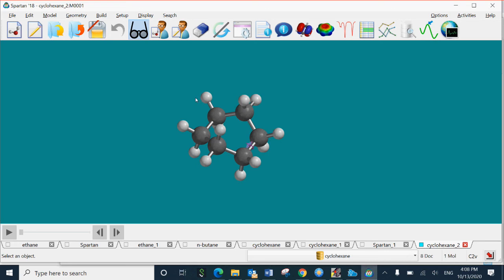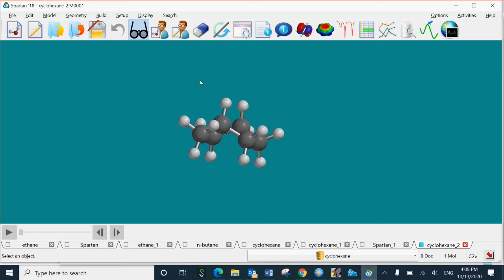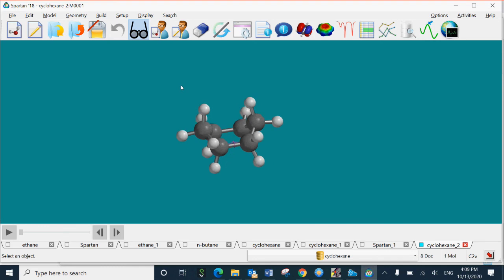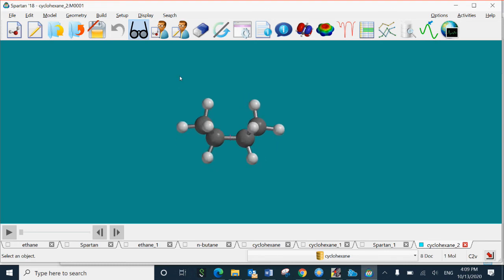Okay, now we need to find the distance between two hydrogens after you orient into the boat shape. So first you orient to the boat shape, and you can see there are 2 pole hydrogens. That means the hydrogens on 4 carbons away, 1, 2, 3, 4. So in chair cyclohexane you find the distance.